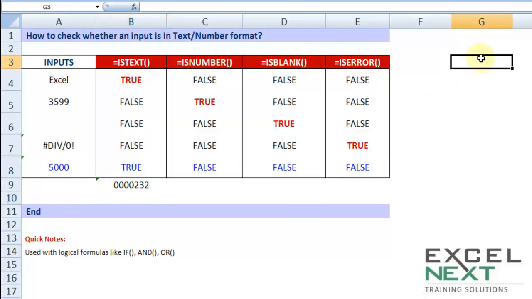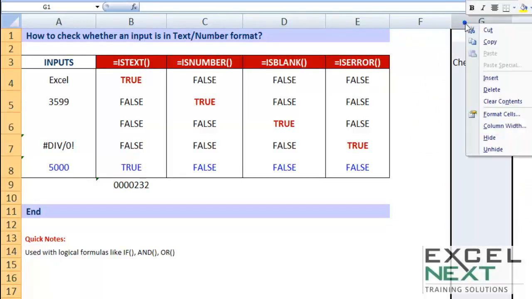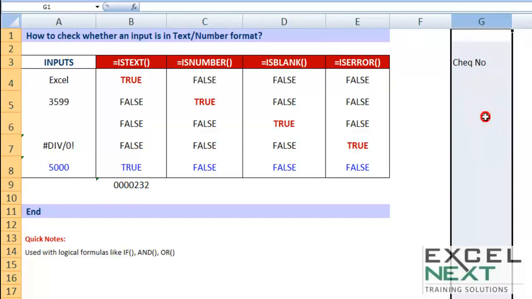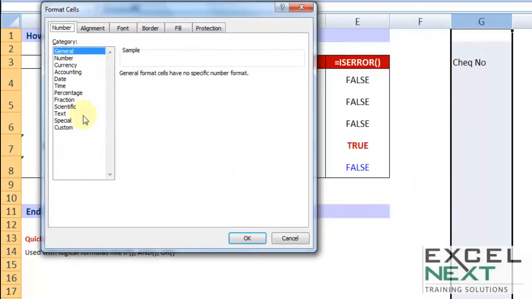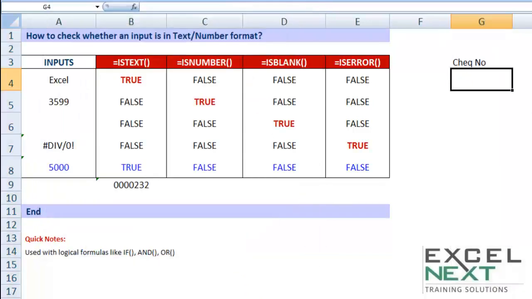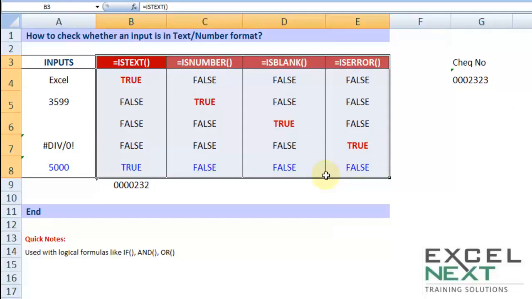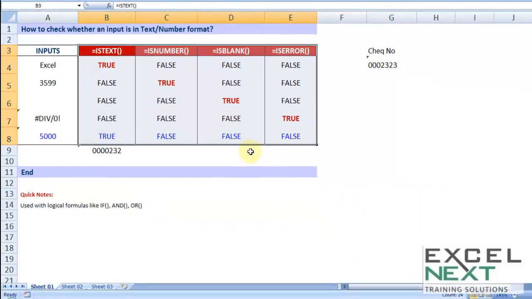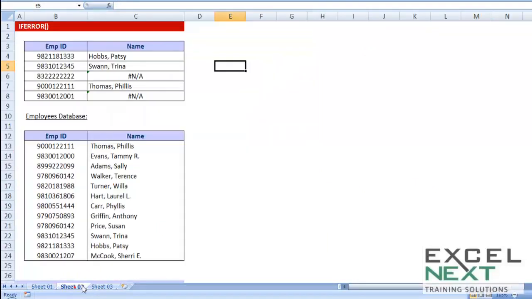Alternatively, if you have decided that this column is dedicated to check numbers, rather than writing a single quotation for all the subsequent check numbers, you would choose the entire column, go to Format Cells, and make sure the format is Text all throughout. Text-formatted cells are treated as text even when a number is in the cell. So without putting the apostrophe, if you write the 00s, the number gets retained. So these are the four quick formulas. Their meanings and applications are to be discussed in the upcoming sheets. I'll talk about them in sheet 2 and sheet 3.